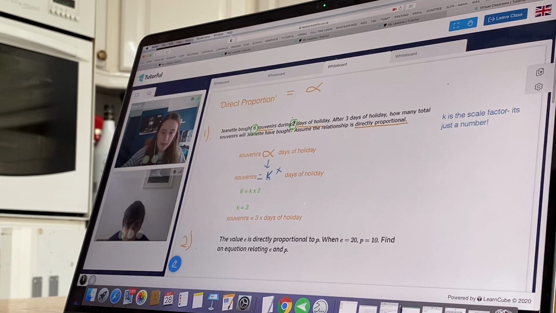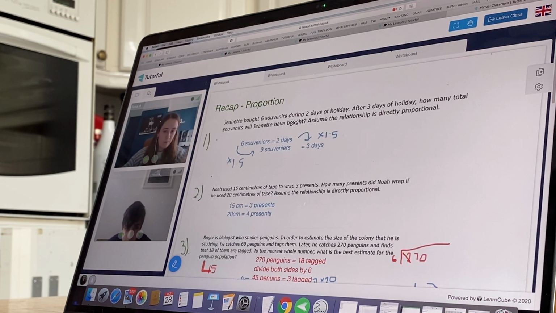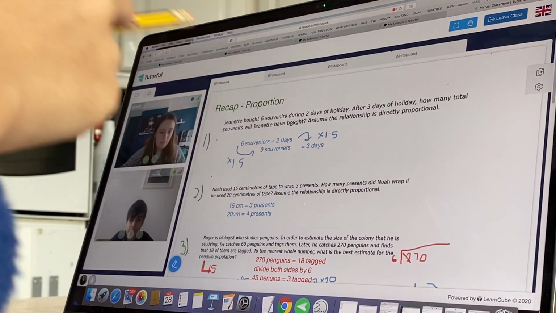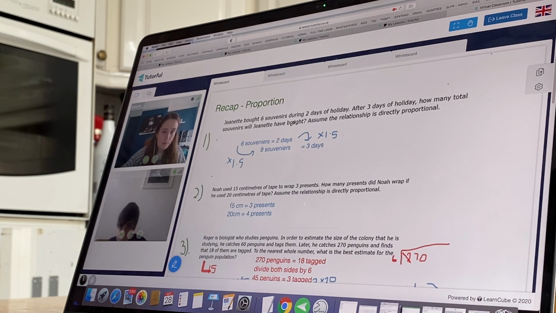9. And just to check with what we did at the beginning, we got the same answer? 9 souvenirs is 3 days? Yes, because you multiplied it by 3, so 3 times 3 is 9. So in this case, we times it by 1.5, but we could have times it by